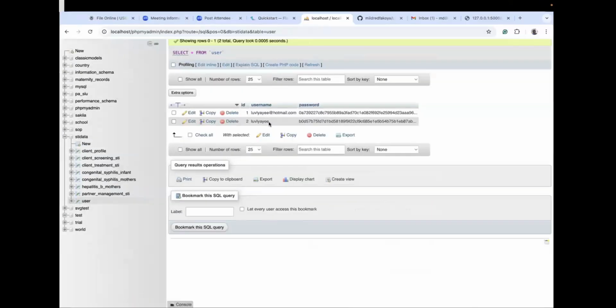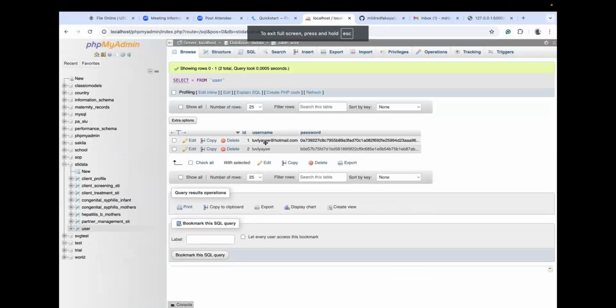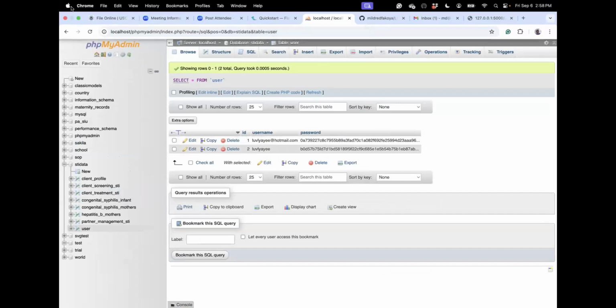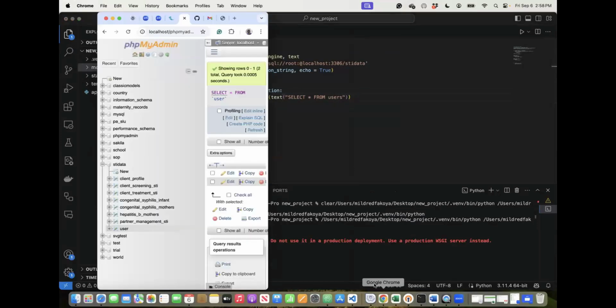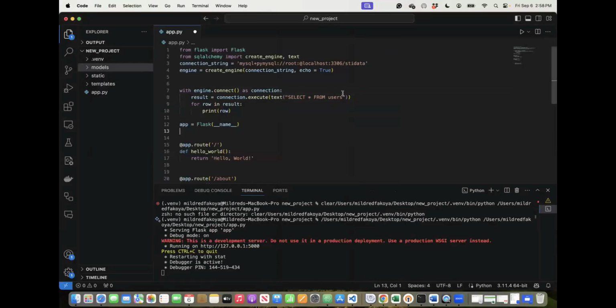The user table has 2. Let's select everything and see if we can see this on the screen. All right, so I'll say with engine.connect as connection, result is equal to select all from user. Is it user or users? Let's see. Yeah, it's user. Select all from user, right? And then